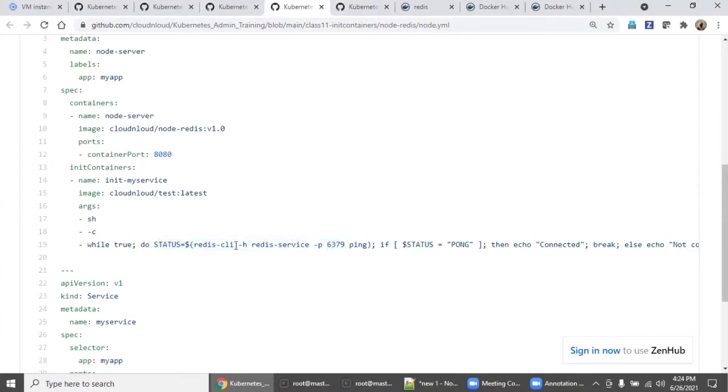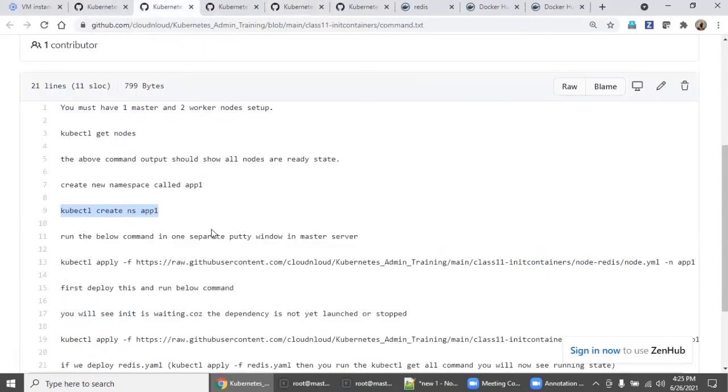Now how does this work? If in your project you are going with a different image and different instance port, then you need to make sure this command is aligned with your expectation, right? If you are going with Oracle, MySQL, or some different process, the objective is simple. This has to reach the dependency. If the reach is successful, then I can make this container a running state, or else I will keep this as an init state, right?